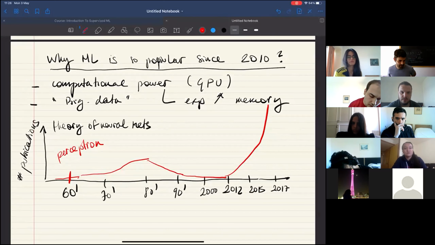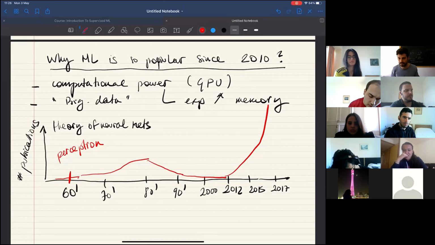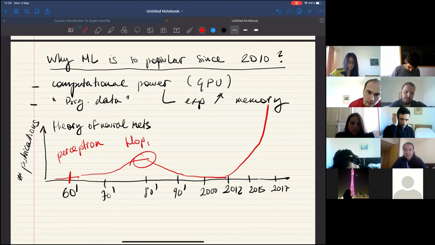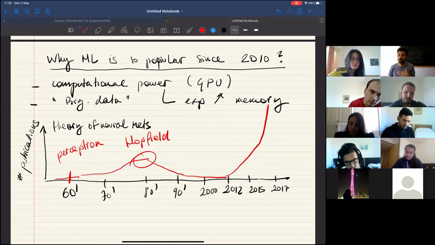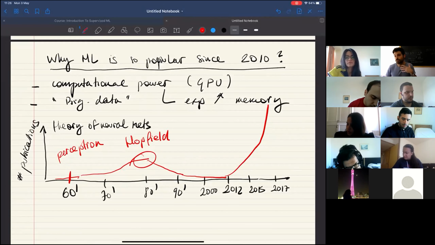And so yeah, this was around the 60s. And around the 80s, there is this bump in activity because people started to develop theoretical models for that, okay? And in particular, theoreticians were playing with things like the Hopfield Model, okay? So the Hopfield Model was the first model coming from statistical physics that was a simple, idealized version of what we call